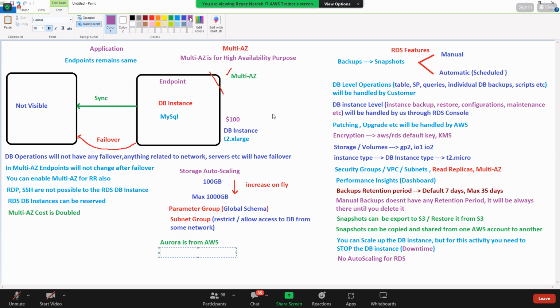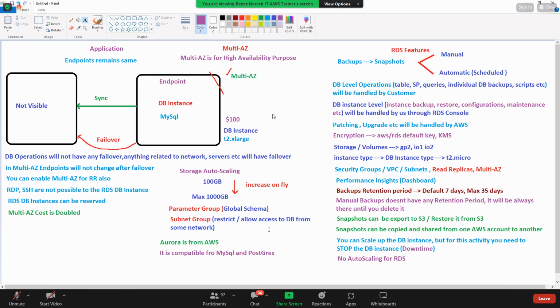AWS will say, select migrate to Aurora. Why are you using Postgres? Try Aurora. Every time it's promoting itself. So Aurora is compatible with MySQL and Postgres. It is relational.